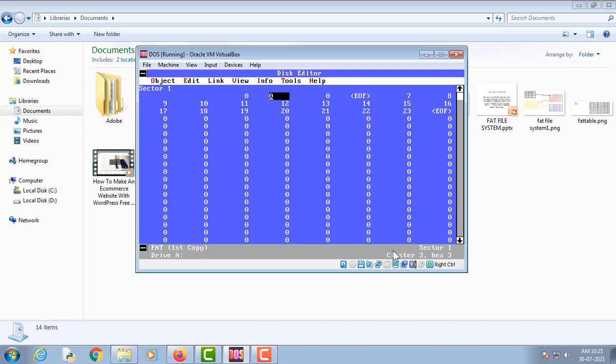So what will we do here? Since the size of file1.txt is 598 bytes and the size of each cluster is 512, the file1.txt is occupying two clusters. It is starting from cluster number 3 and is ending on cluster number 4. So we will write the value 4 on cluster number 3 and now we will go to cluster number 4 and we will write end of file on cluster number 4.